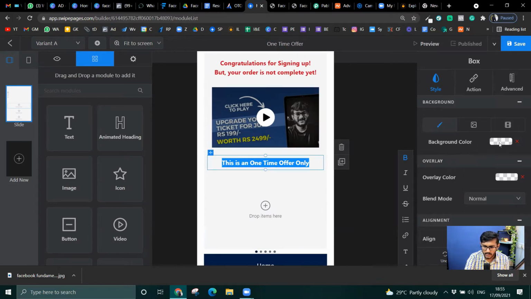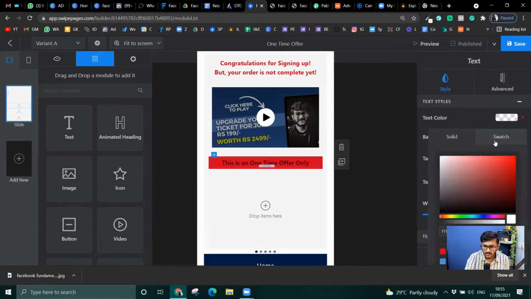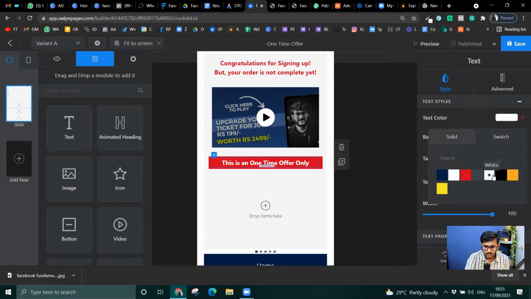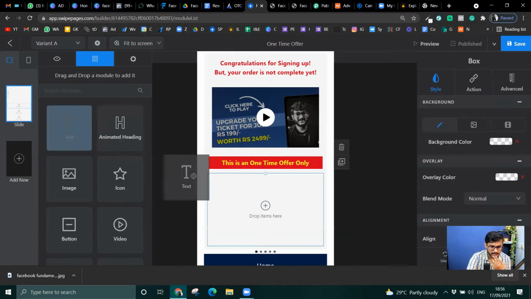And I want to have a background color as swatch red, and text should be white, yellow. Okay, it looks the old style way. Now let me write, how do I want to put it up? Let me put some more text.